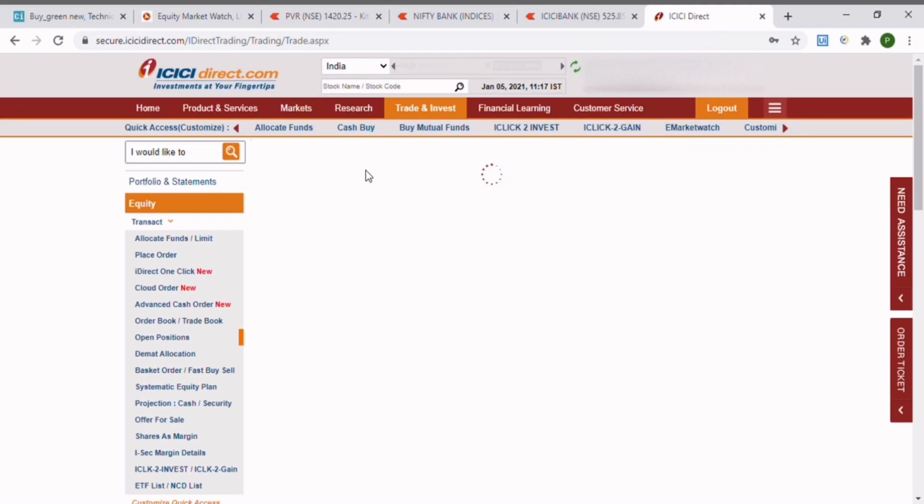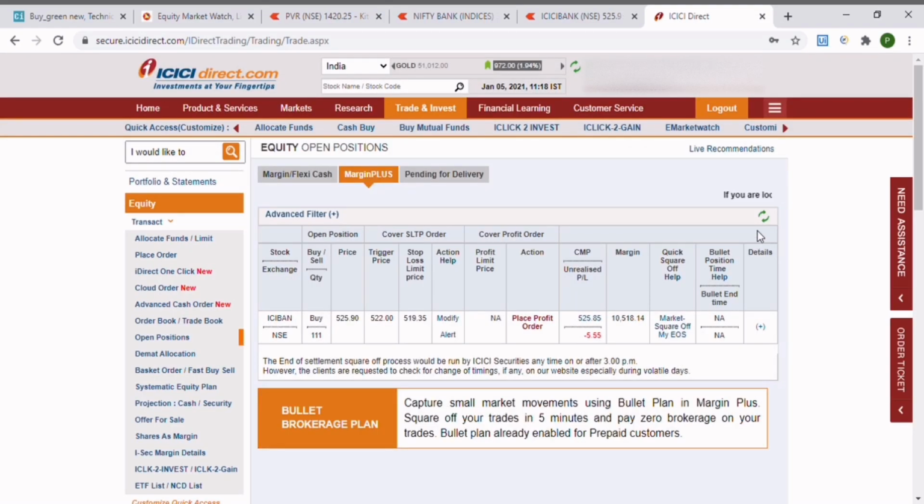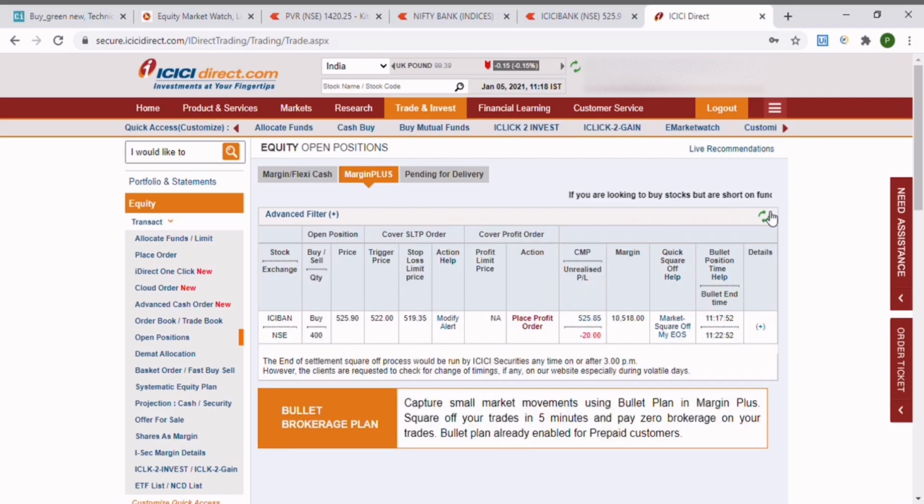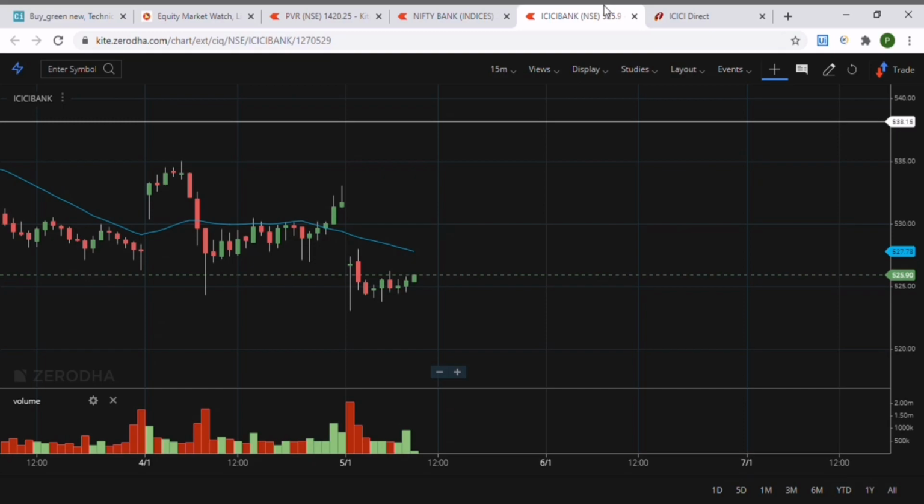If you go to the margin plus tab under open position, you should be able to see the order details here. I may have to pause the video in between, otherwise the video will become too lengthy.